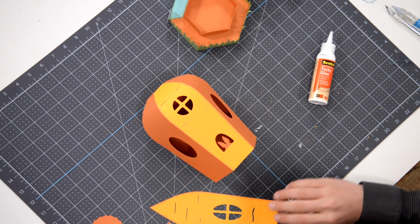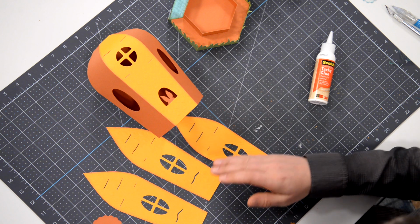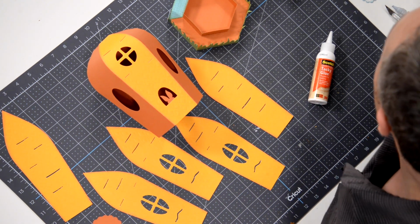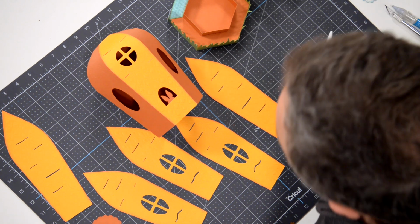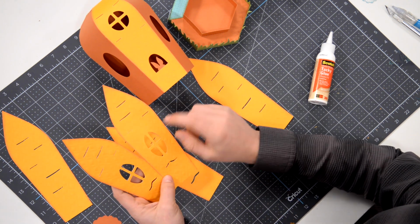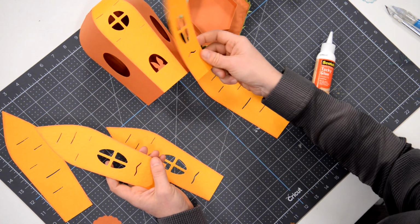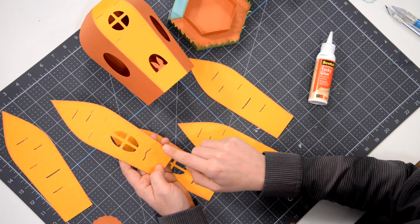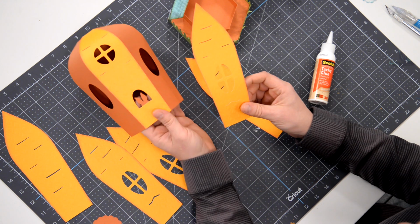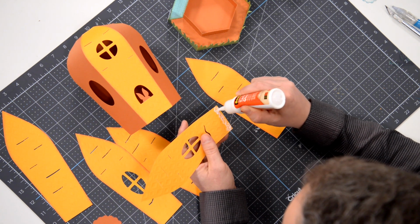Now obviously, let me just go over these real quick here. We've got one window on the back, two windows on the side, and then there's two pieces that don't really matter where they go. Let me make sure that we're doing the right one here. So this guy here, you'll notice that the only difference is these little cutouts. The one that goes on the right, the hump is to the left. That one's going here. This little hump is on the right side. That's going to go here. I don't think it really matters. You could probably flip-flop them, but for the sake of making it as designed,